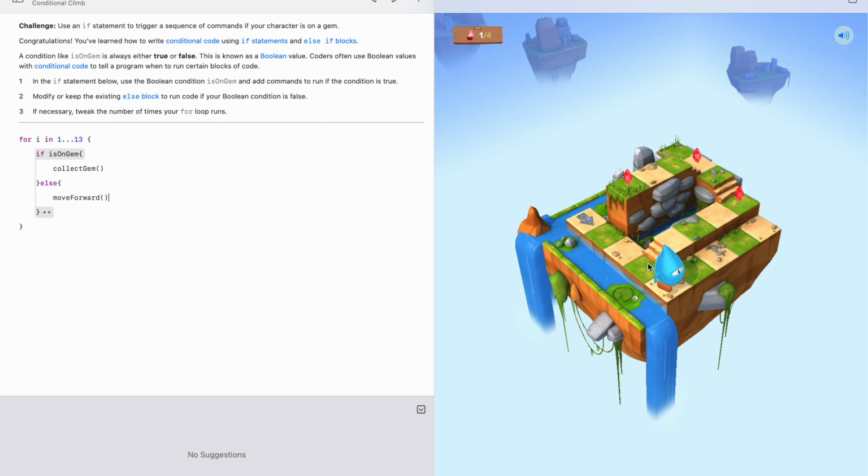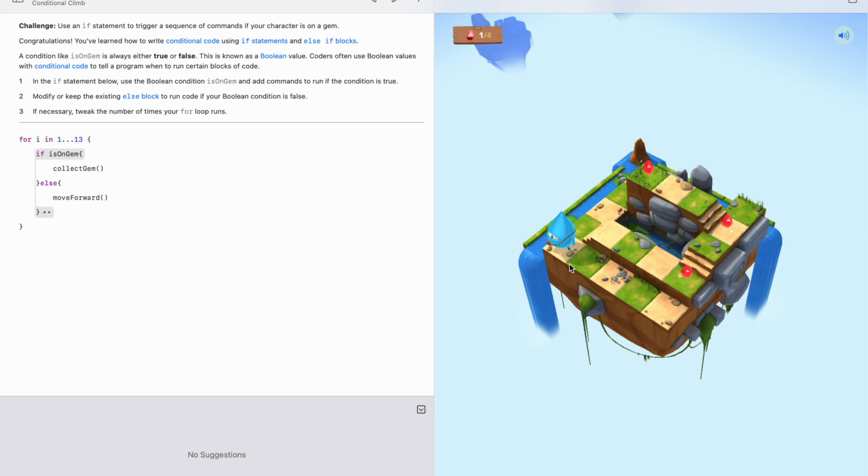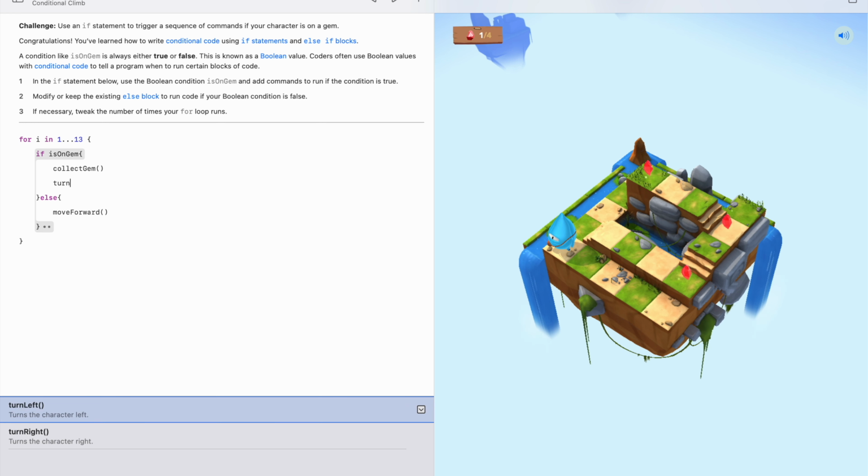So what we've noticed is we need to collect the gem, and then we need to turn up here somehow. So we need to turn left up the step once he's collected the gem. Now, does that pattern repeat? Well, yes, it does. If you see, every gem is immediately met by stairs to the left. So we need to turn left every time. So all we need to do is add a turn left command after our collect gem. And now if we run it, it should, in theory,